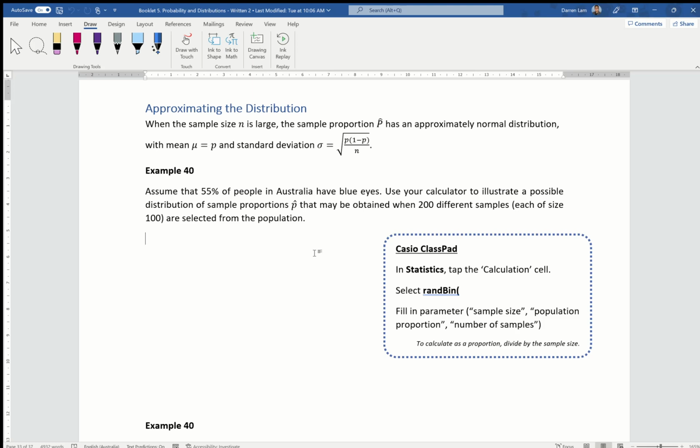This is an introduction to exercise 17C on approximating the distribution of a sample proportion. When we talked about this earlier, when the sample size n is extremely large, this sample proportion p has an approximately normal distribution. And we can refer back to the normal distribution approximation we had at the end of the last chapter, where